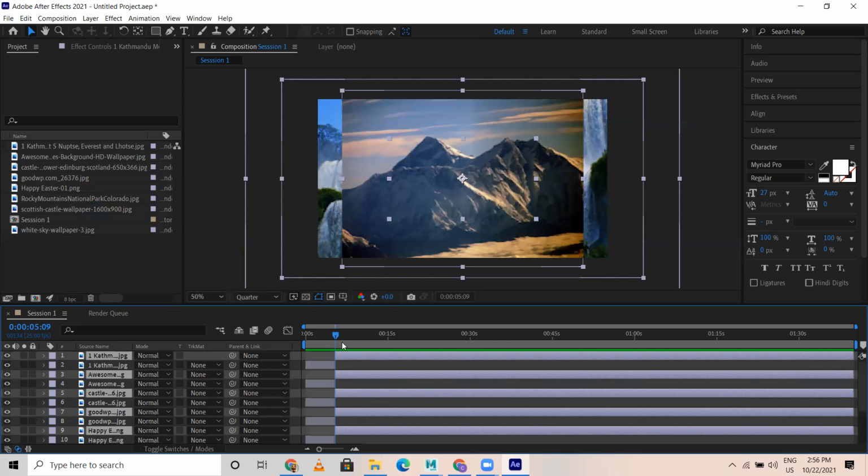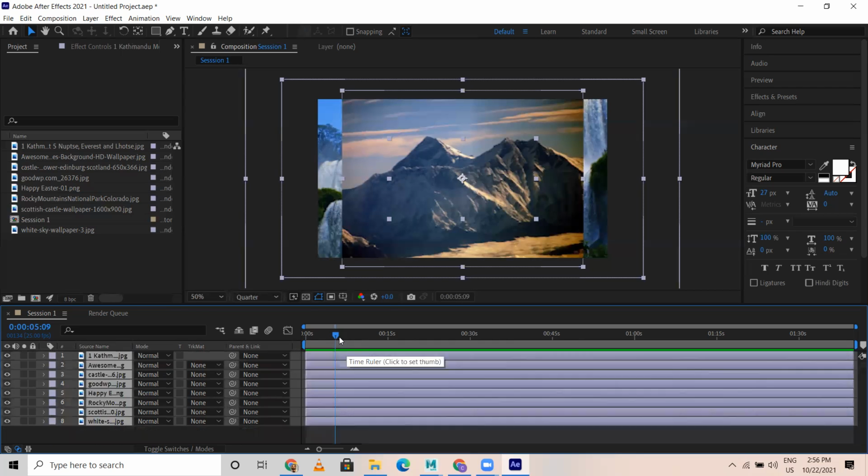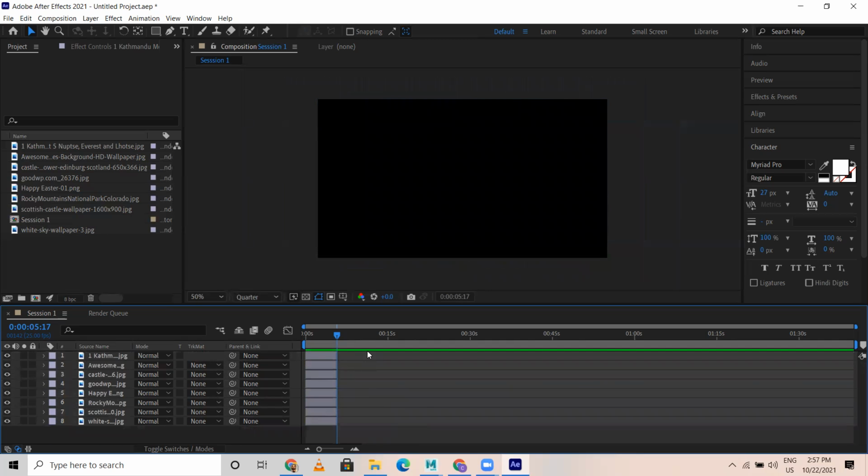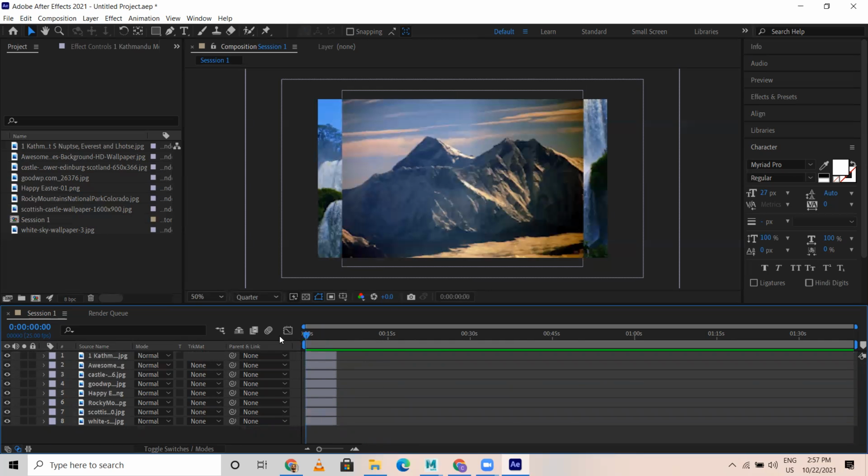It splits where my time indicator is. Based on this, it will cut everywhere. Control Shift D, so it has split, and these are the pieces. I can press delete so that the right-hand side pieces are gone. All has been chopped at once. Got it? Any doubts?